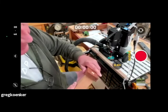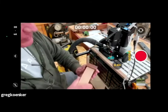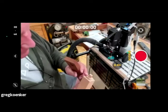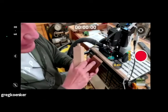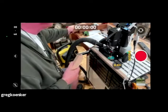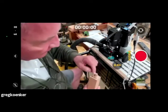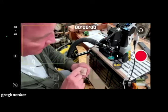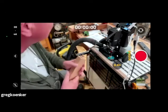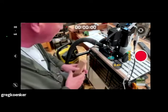But if I glue that in place, one thing you don't have is the ability for it to twist on you because it's rectangular inside. So kind of a nice, fun joint. And you don't have to make it round. You could make this another square, or rounded square, or whatever you want to do. But I'm going to make it like this. And I'm going to start